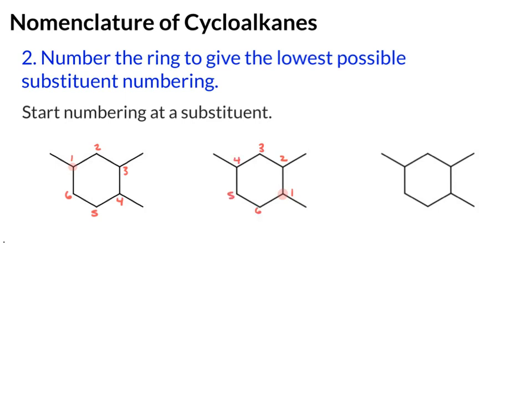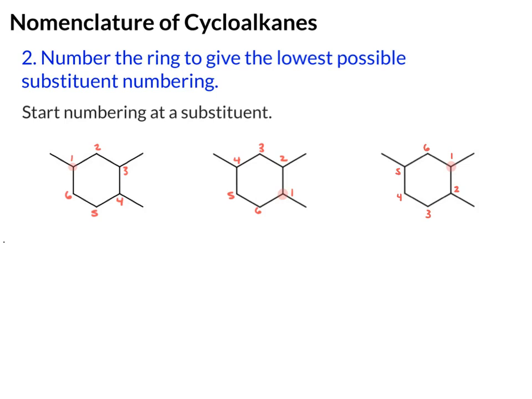Let's do one more. Maybe you decided to start at this methyl group and number clockwise. There's some other possibilities, but I think you can see some ways that we're going to get lower numbering than others. So the easiest way to deal with this then is figure out where you have substituents and just add